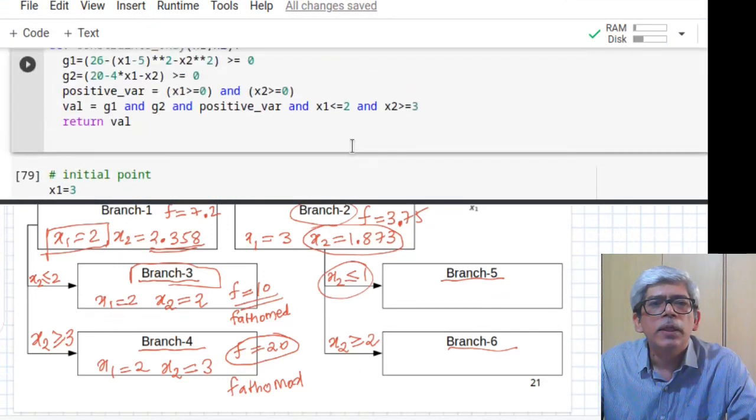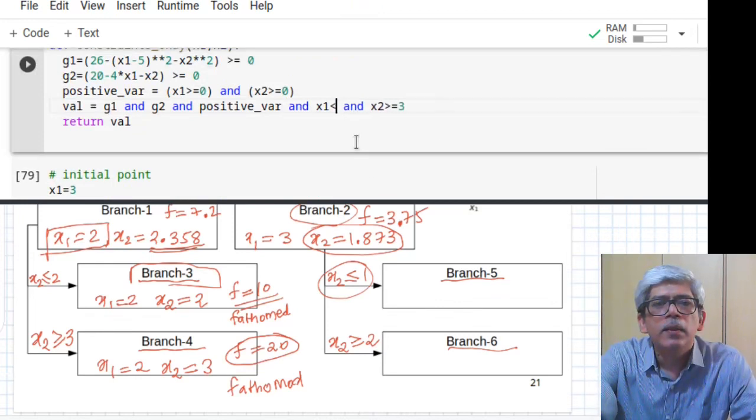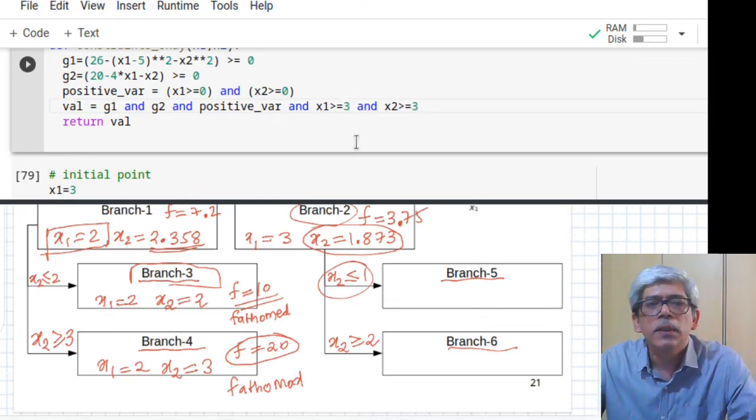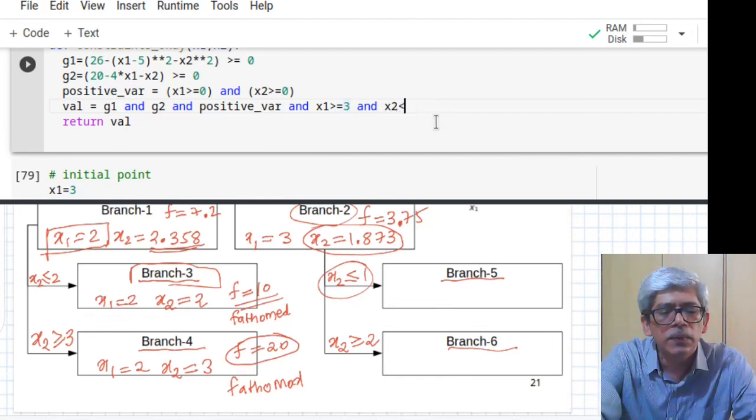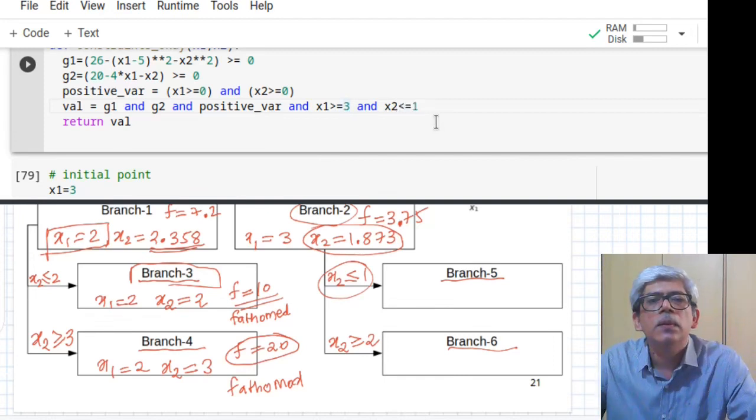I will go to my constraint function and add x1 to be greater than or equal to 3. So x1 is greater than or equal to 3 and x2 is less than or equal to 1.